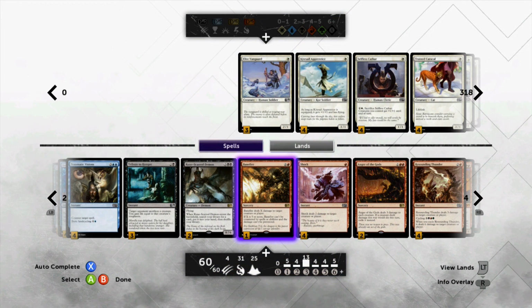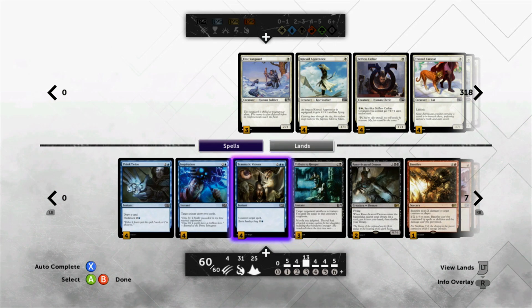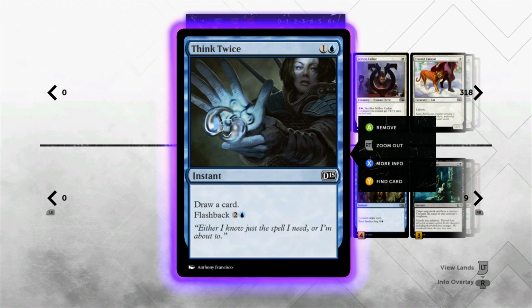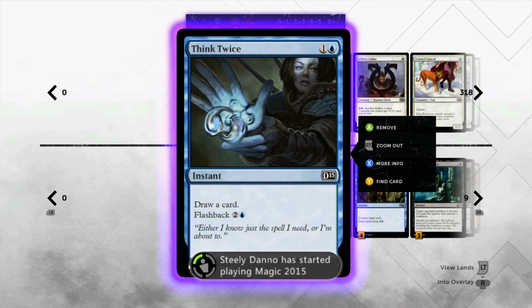And then we move on to 2 mana. It says at the bottom, you can see we only have 4 2-mana spells, but there's actually 8 turn 2 plays we can make. I'll show you in a second. So Think Twice is our 2 mana card. Draw a card. And we can flash it back for...